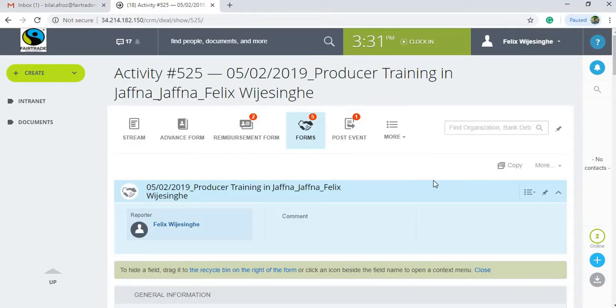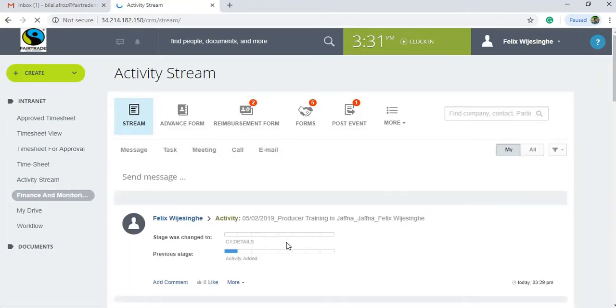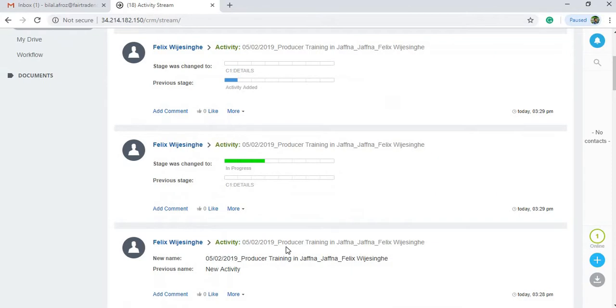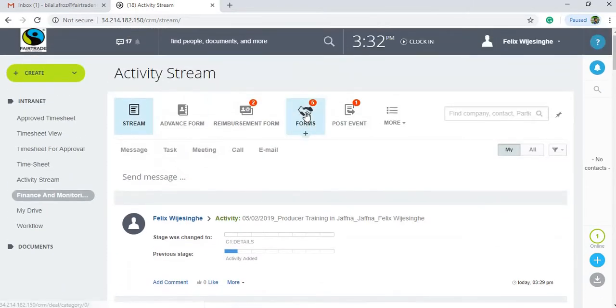So be careful of that. But you will be able to see the progress of your forms here in the status bar in your stream or in your forms. Say, for example, as you can see here, this form was just filled by Felix, so that is under progress. So if Felix comes here into the forms